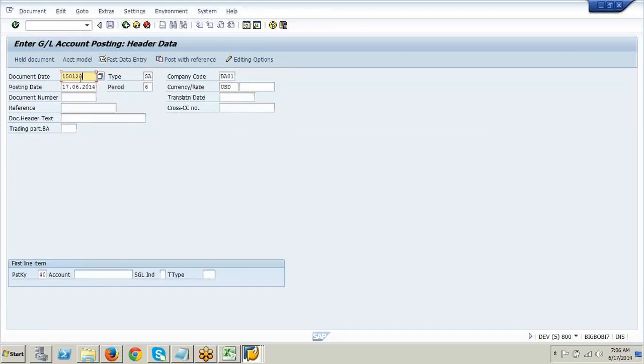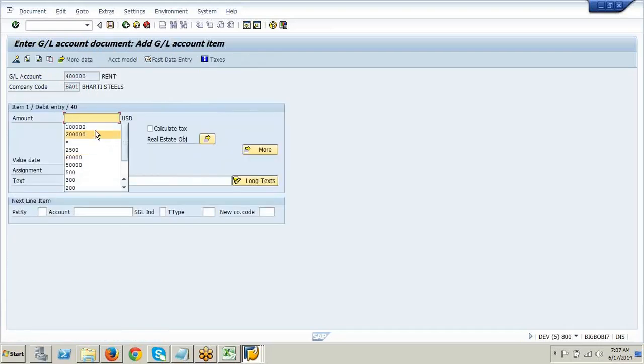Let's say 15/01/2014. I'm trying to explain to you the significance of the sort key. Rent. So what all dates did we post?